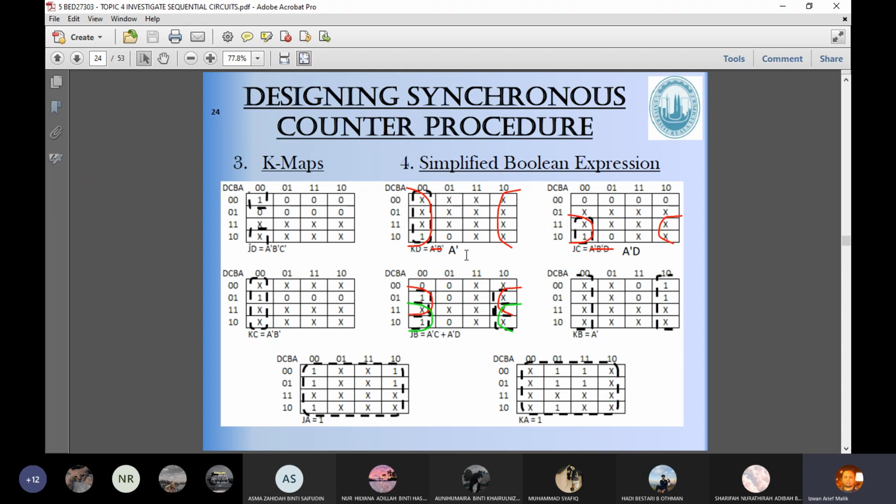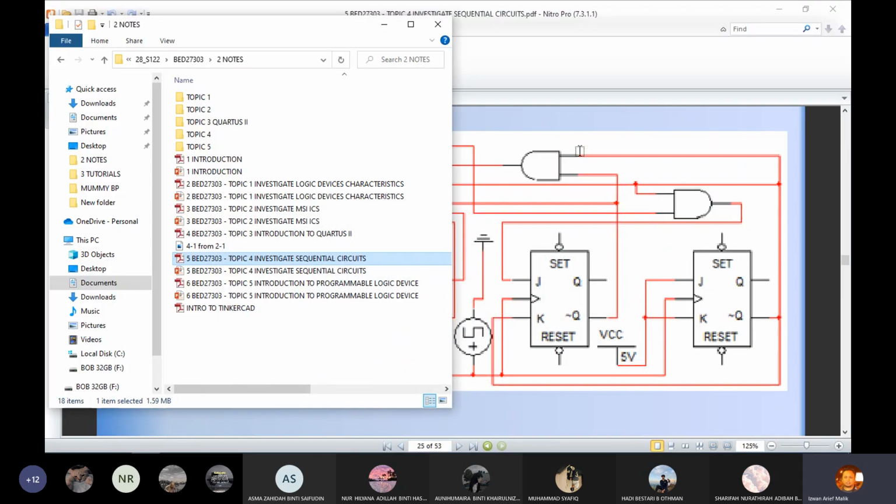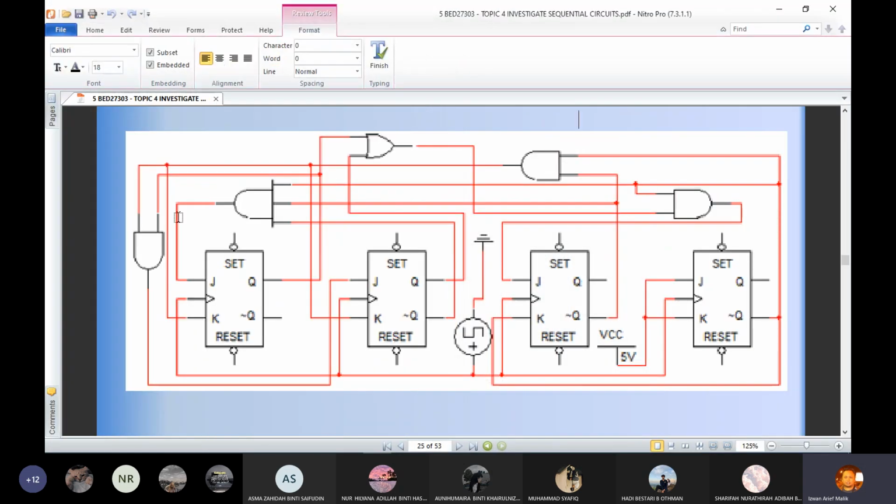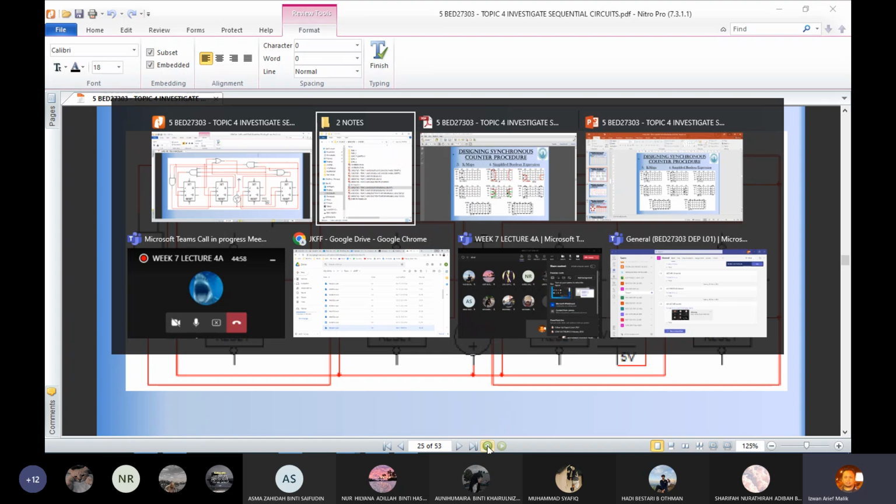Okay. KD is A bar. So KD supposedly yang ni datang daripada A bar. So patutnya you just tarik directly daripada sini je. A bar, just pull them straight, tak payah lalu N ni, masuk ke KD. Okay. And then